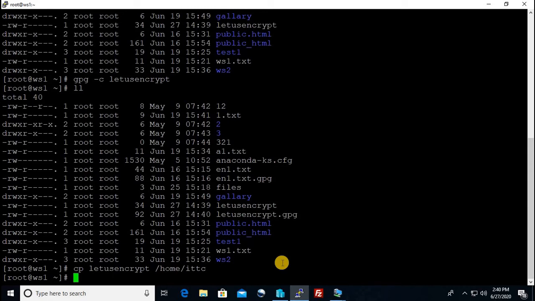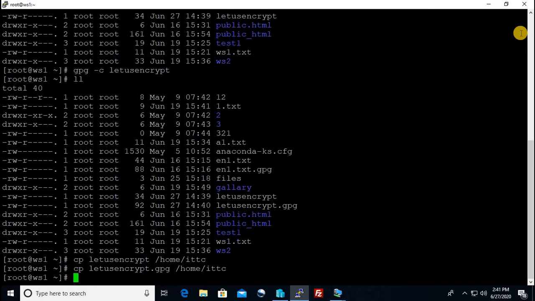But I should not send this file. I should send the one with .gpg. This file I have to send, not the first file. Understood? So we have to send the GPG file, not the text file.